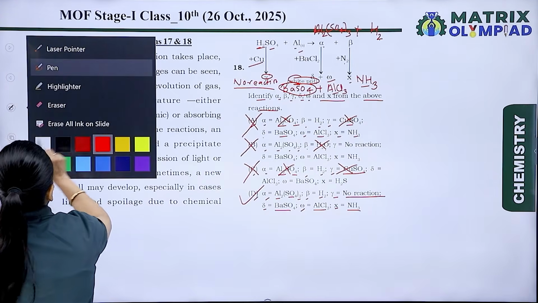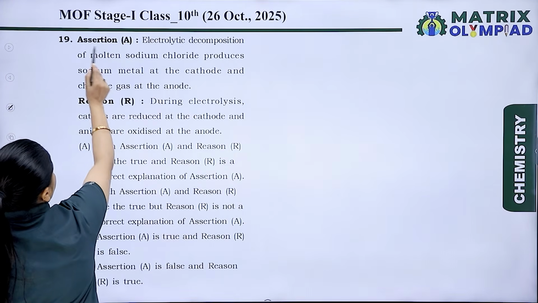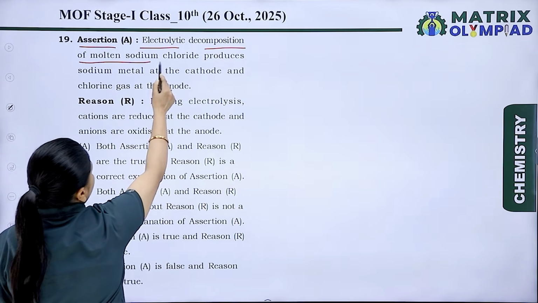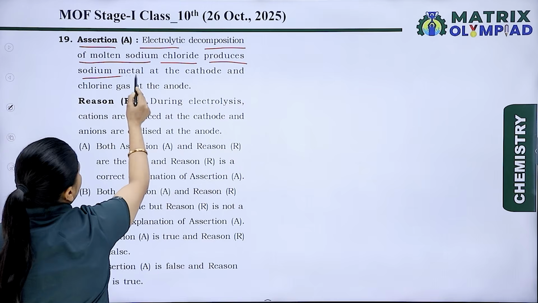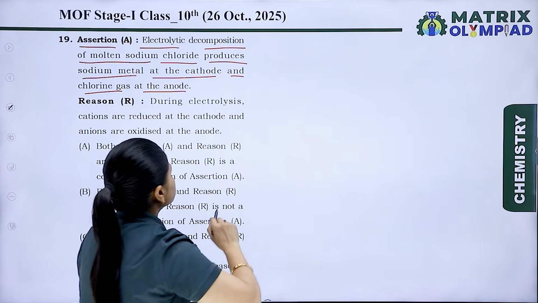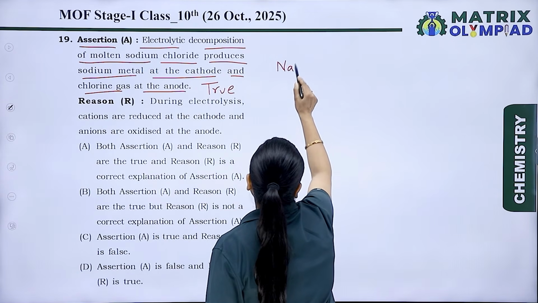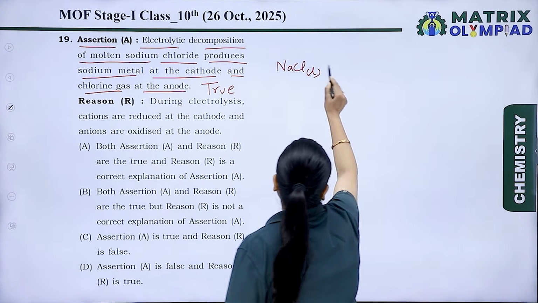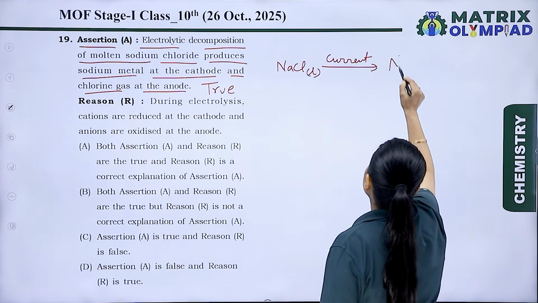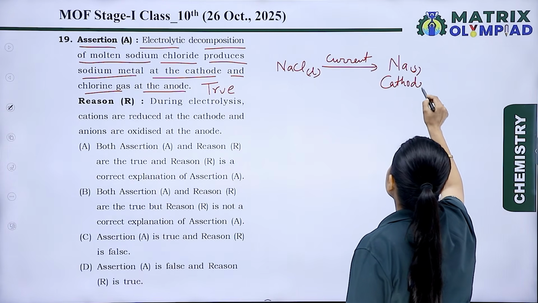Now the next question is assertion-reason type. The assertion is: electrolytic decomposition of molten sodium chloride produces sodium metal at the cathode and chlorine gas at the anode. Yes, this is true. Let's discuss. When molten NaCl is electrolyzed, sodium metal is deposited at the cathode